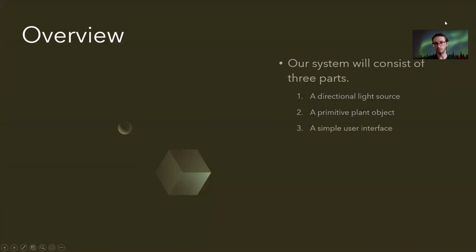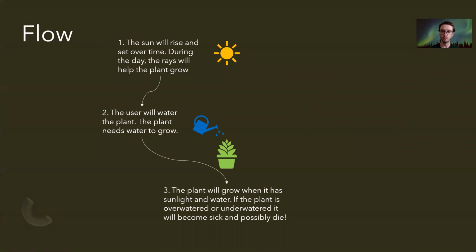So the system will consist of three main parts. I'll be using a directional light source, a primitive plant object made up of cubes, and a simple user interface with some buttons on the screen. The flow of the system is that the directional light source, the sun, will be